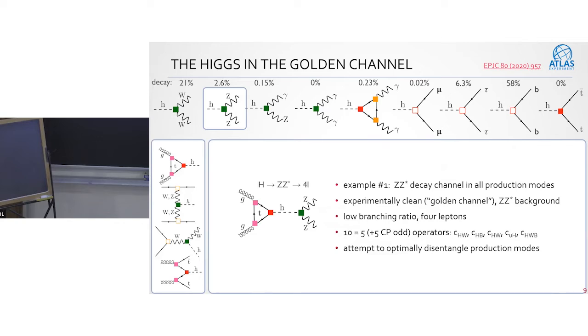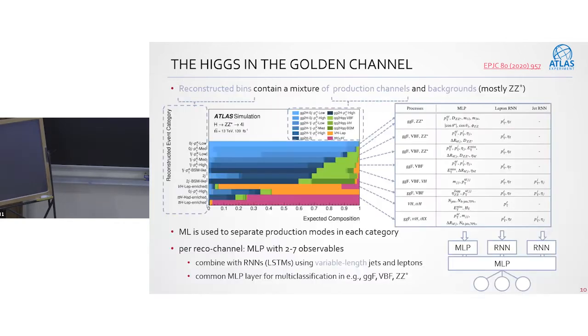Let's try to measure all the different production modes that go into there, and then we interpret this in standard model effective theory. So you can see that here there's the categories. These are reconstructed, and these are the generated ones. These are coming from the model, the different production modes,